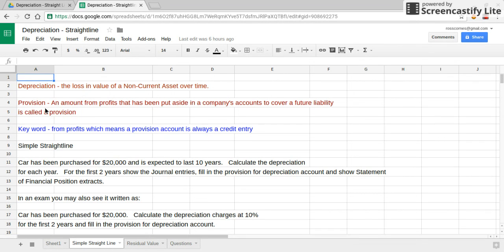And it's called a provision for depreciation because it's an amount from profits that are being put aside in a company's accounts to cover a future liability. So we know that the car's lost value, we don't know how much value it's lost, but we can have a pretty good guess. So we call it provision account, we put some profit on one side, and that's a key thing to remember because in the provision account it's always a credit entry because it's profit put on one side to allow for the fact that our non-current assets are depreciating or decreasing in value,